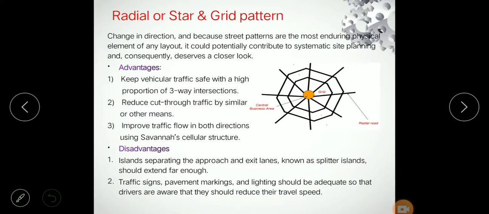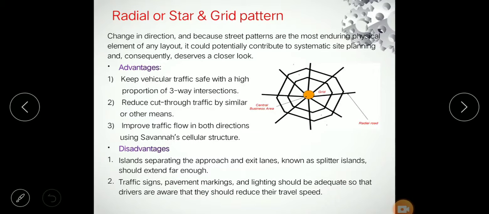Though there are some advantages of this. This keeps the vehicular traffic safe with a high proportion of three-way intersections. Next, it reduces the cut-through traffic by similar or other means. It improves the traffic flow in both directions using the circular structure. This improves the land use efficiency, and efficiency is highly increased. There are also some disadvantages, or we can say limitations, of this method, like islands separating